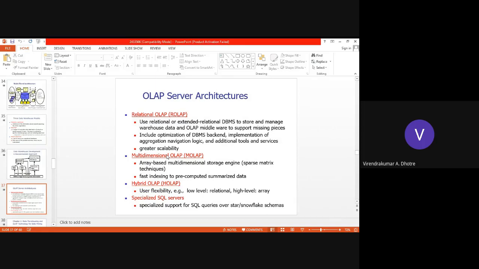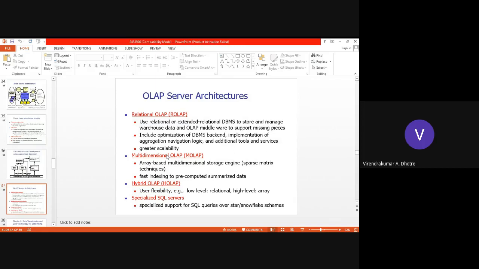Also, it implements navigation logic, aggregation required, specializations and generalizations, and additional tools and services if required to act as a middleware. So, relational online analytical processing focuses on relational data or extended relational database management systems.